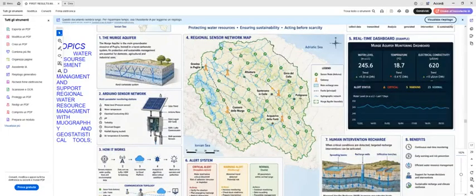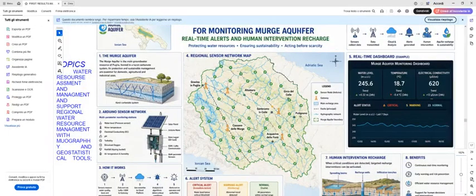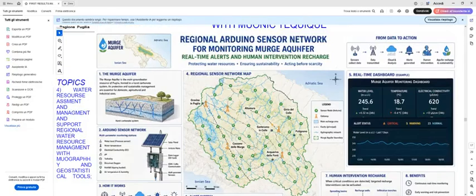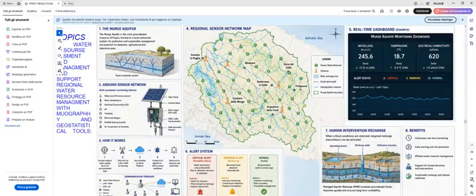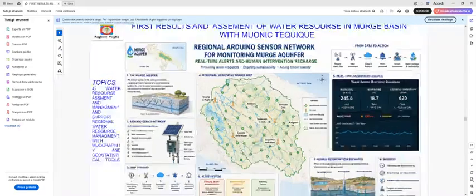What we are proposing to do, real-time alerts and human intervention, moving from data to action, installing a series of piezometric stations with an Arduino sensor network for multi-parameter station monitoring, water level, evapotranspiration evaluation, electrical conductivity, evaluation also of chemical parameters like pH and turbidity, dissolved oxygen, is one of the possible actions, for example, to